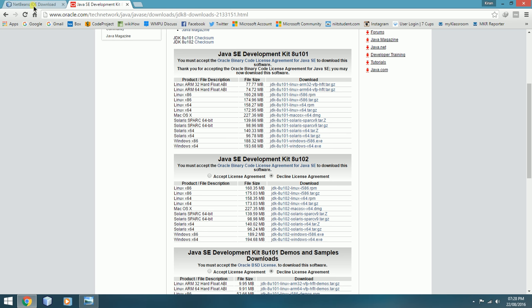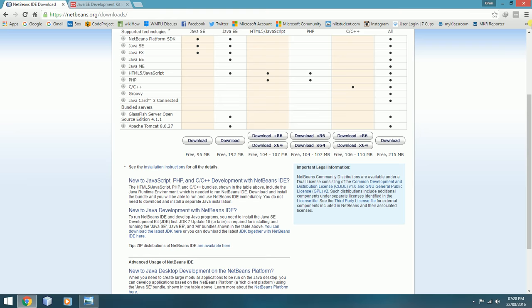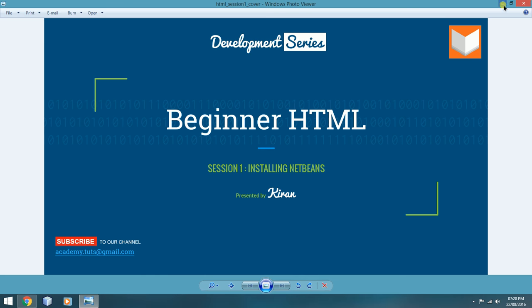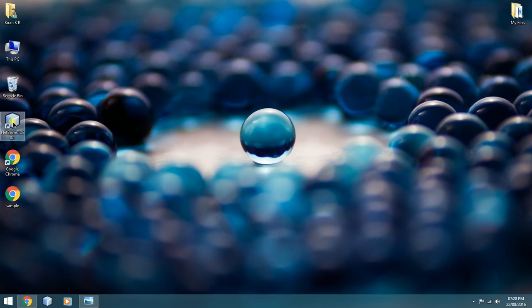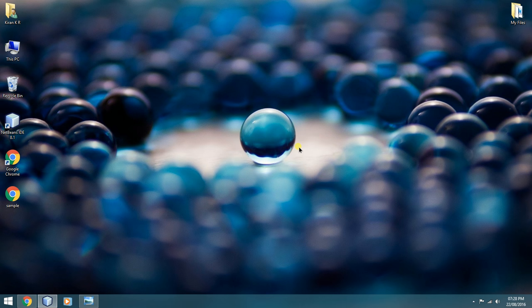So before installing Netbeans IDE, download your JDK and install your JDK on the machine. And only after installing your JDK, you must install your Netbeans IDE, or your Netbeans might crash. So once everything is done, your Netbeans will pop up and it will be stored in your desktop like that. Launch your Netbeans IDE. It will take some time to launch Netbeans IDE, so please wait patiently. Once your Netbeans is launched,